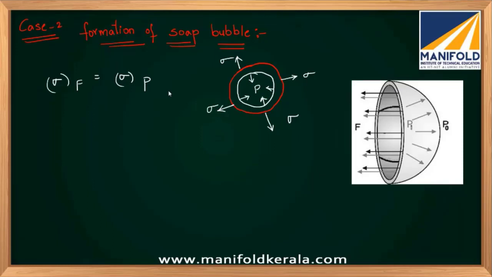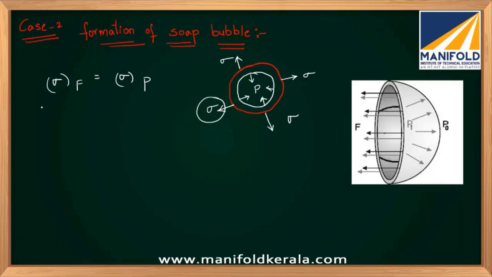You can clearly know that. See, when you play inside your room, what happens inside your house? The bubble will go up to the slab, touch the slab, and burst. That means to that extent there is no problem. Whereas if you go outdoors and play the same thing, the bubble starts moving up to a certain extent and suddenly it bursts. So this happens only due to change in pressure. When there is a change in pressure, there will be a change in surface tension.